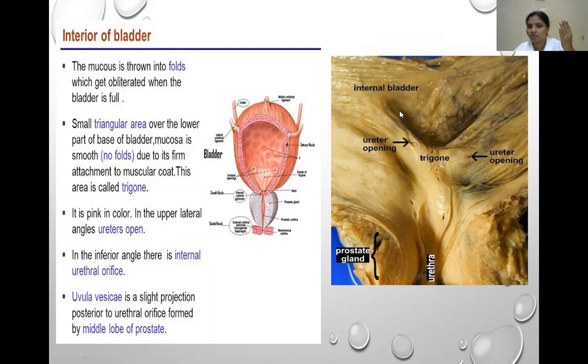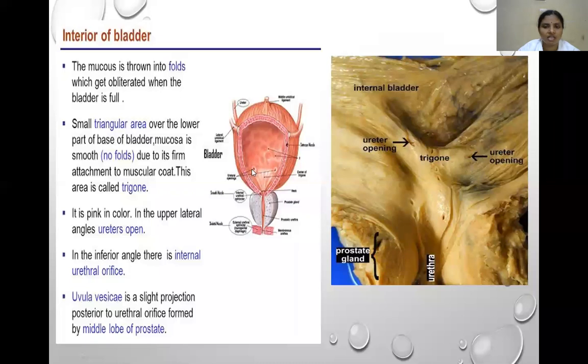The muscle of Bell is separated from the urinary bladder muscle, that is the detrusor muscle. In between there is a thin sheet of fascia, which is known as Waldeyer's fascia. Here you identify the boundaries of the internal trigone. The internal trigone is triangular in shape. It presents two lateral angles, and each lateral angle represents the opening of the ureter.